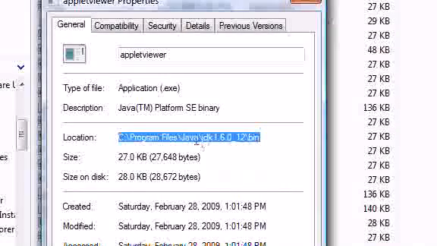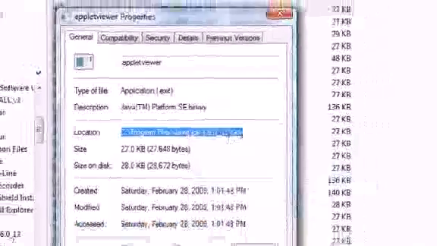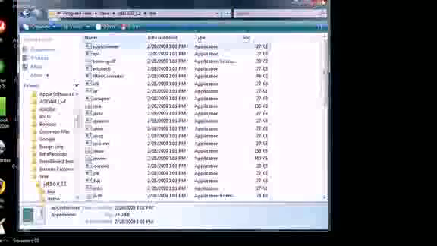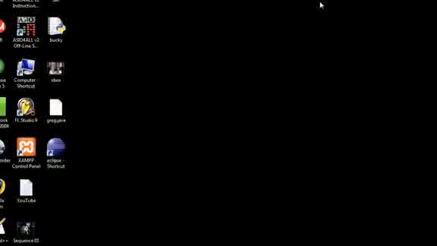So once you have this golden code, that's what we're looking for. Go ahead and X out of that. Now that's where the compiler is. So how do we tell your computer to look there? Well, go ahead